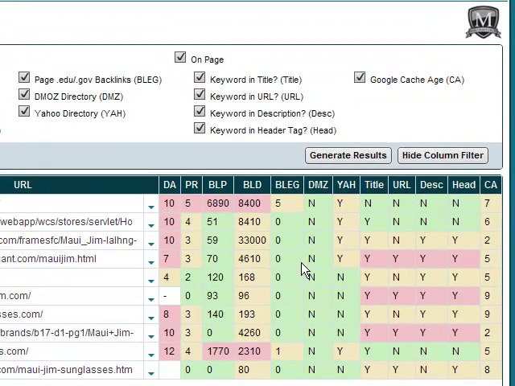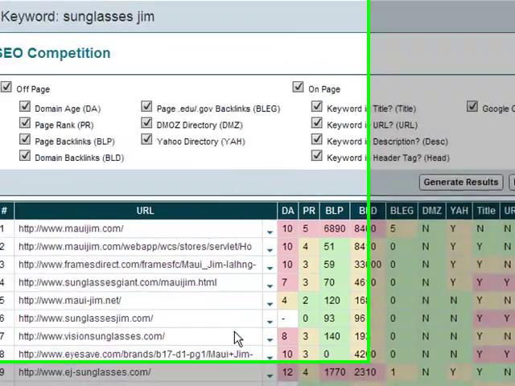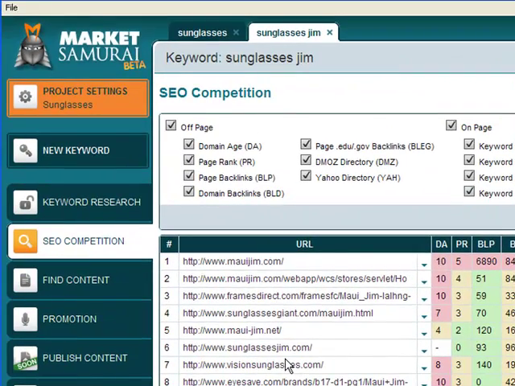Now this is all the information you would need to make a decision whether this is a good keyword to